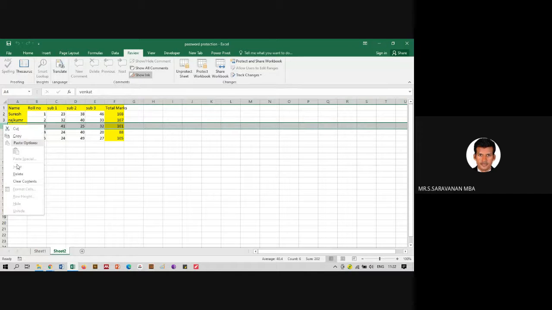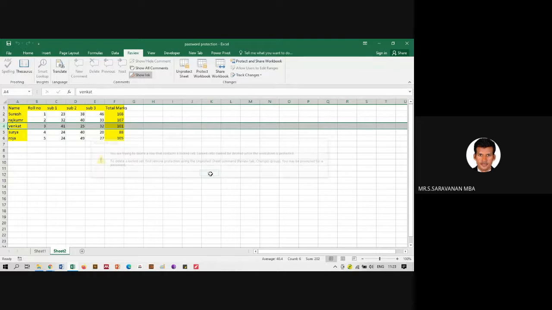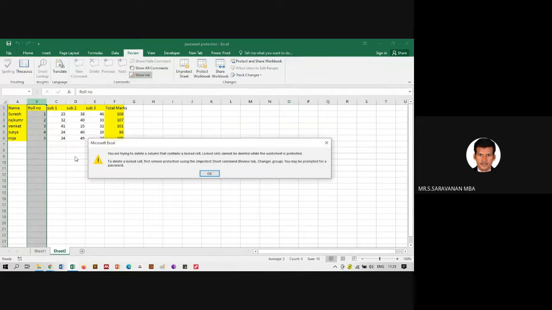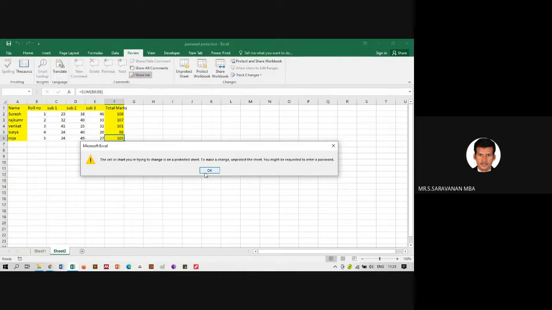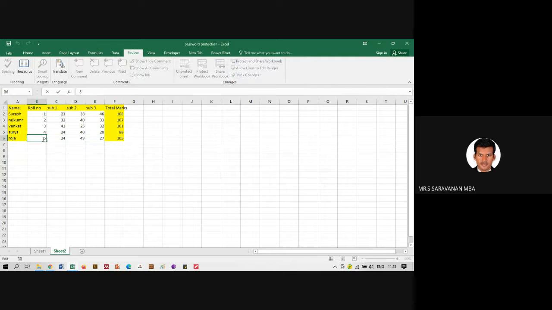See, if I want to delete it, it will not allow me. See, I cannot change the total, but I can change the internal information. Let's take 10. Information will change here.